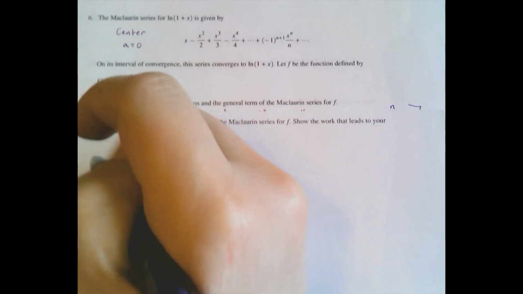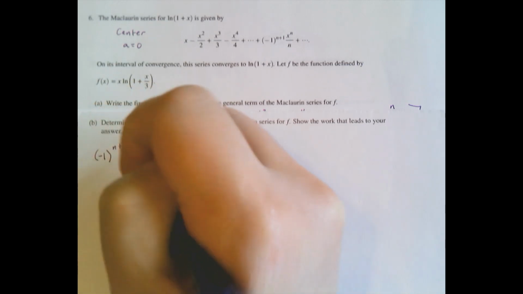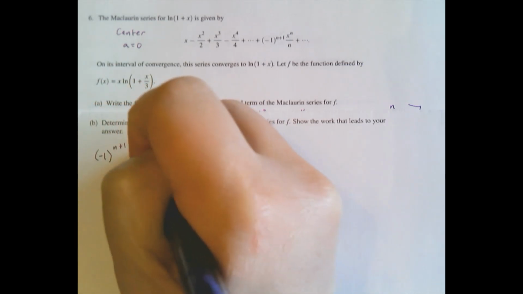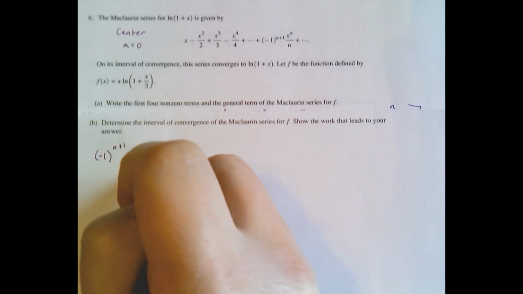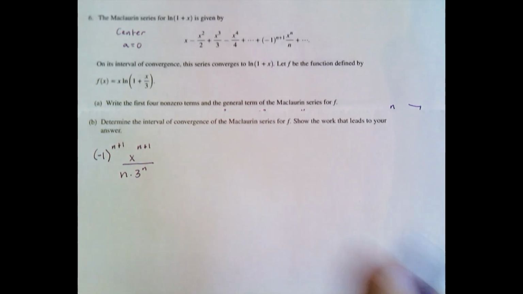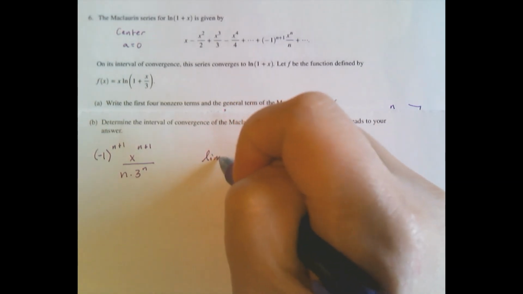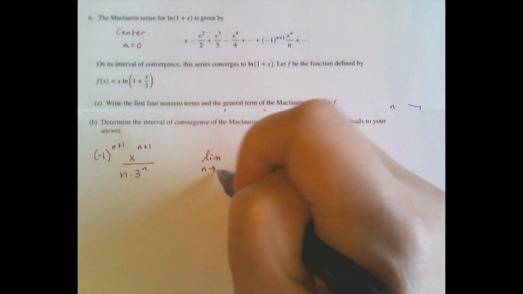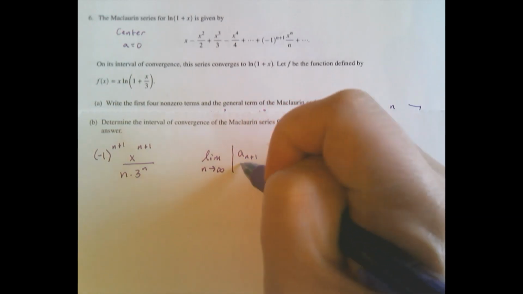I'm going to go ahead and rewrite the general rule just so that we have it for reference. So this is our general rule for f of x, and if we're going to do the ratio test on this, the ratio test says that the limit as n goes to infinity of the n plus 1th term over